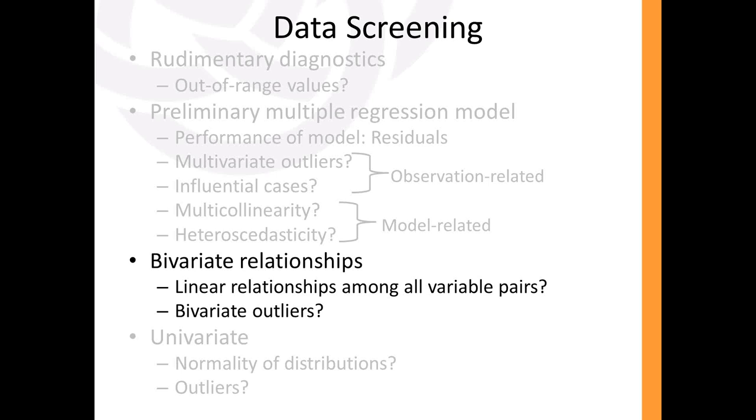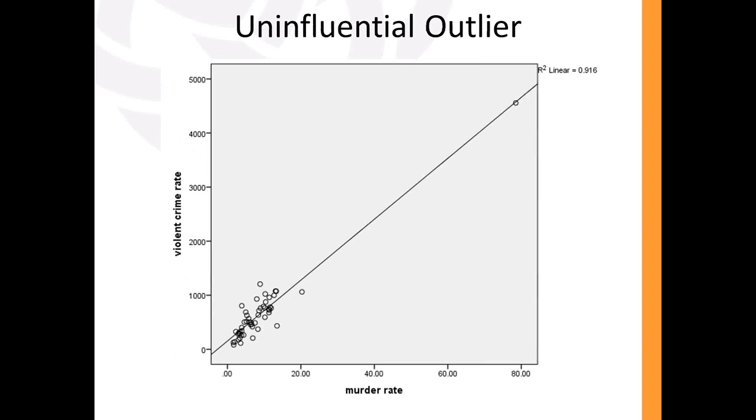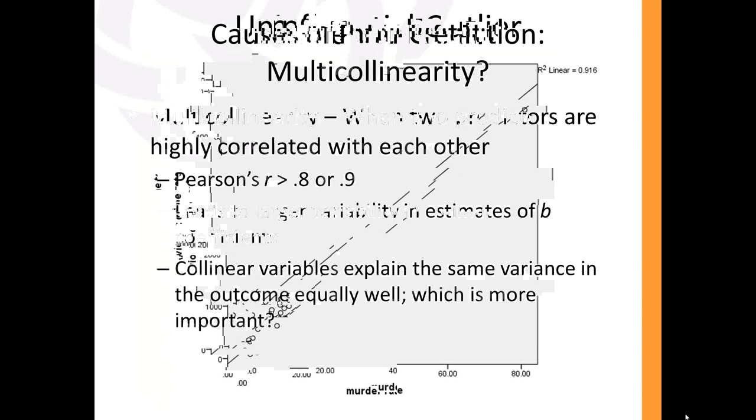So when you have a correlation of a scatter plot, we looked at this notion of, let's see, where is it? The murder rate versus the violent crime rate. Then we can start to look at scatter plots in terms of just their bivariate nature. So this is a very rudimentary example, right? We have one variable measured on the x-axis, another variable measured on the y-axis, and then looking for any outliers that may be in the